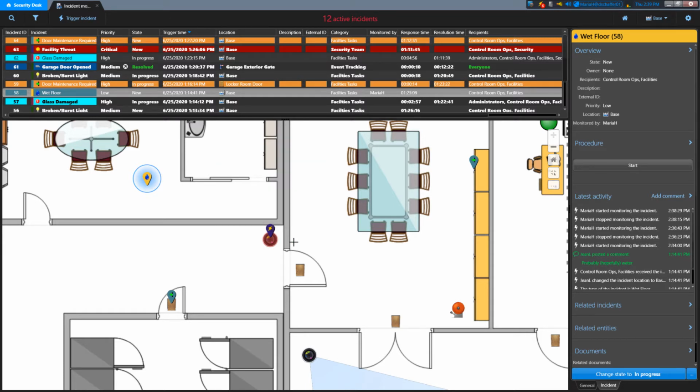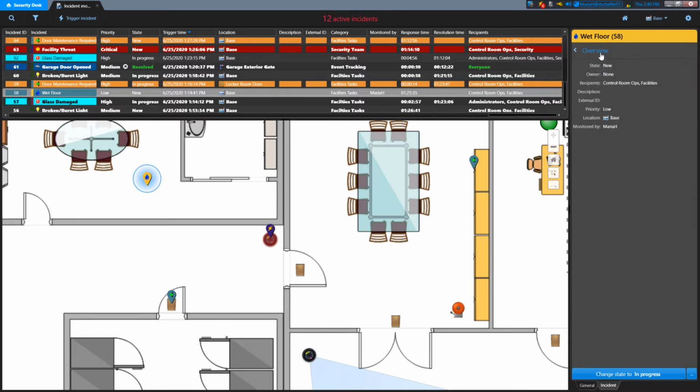On the right side of the screen, you'll see the Incident Details pane. This is where all the information about the currently selected incident will be shown. The Details pane is divided into different sections depending on the type of information shown, and you can see more information about a section by expanding it using the greater than symbol next to the section name, or by clicking on the section name itself. Once you're in a detailed view of the section, click on the less than symbol or the section name again to collapse it and return to the General Details view.